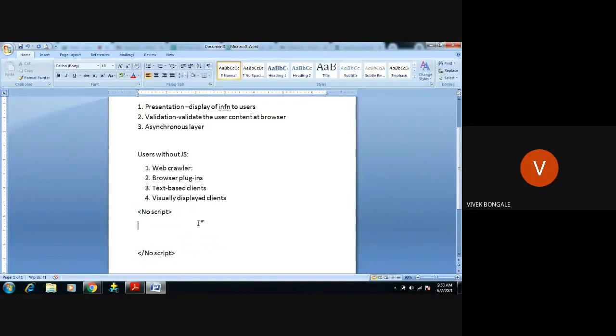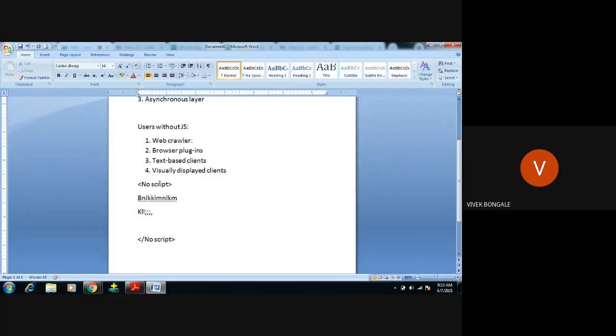In between this noscript, he will write what he wants to display in the web browser. It may be JavaScript, HTML, or CSS, anything he can write in between the noscript code.